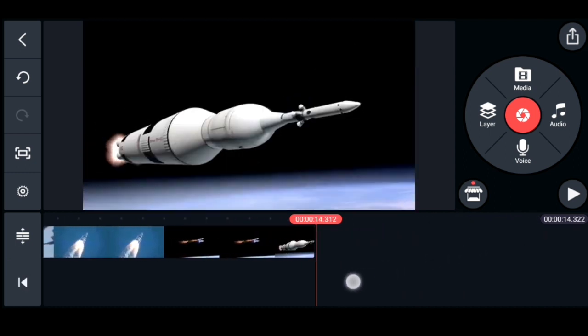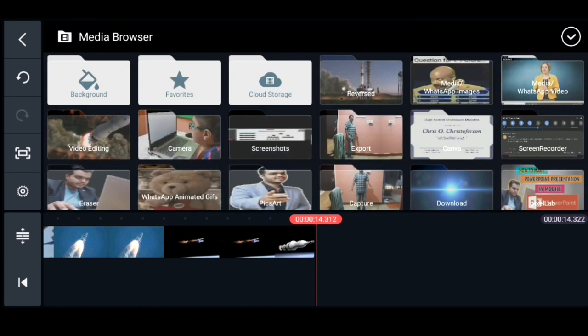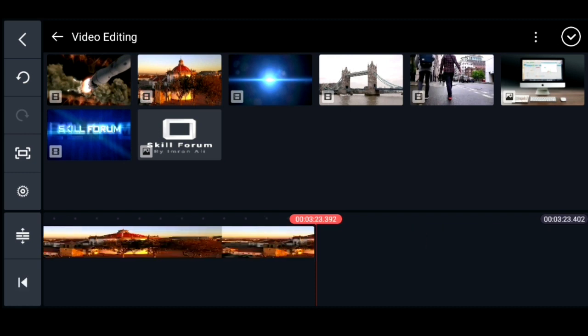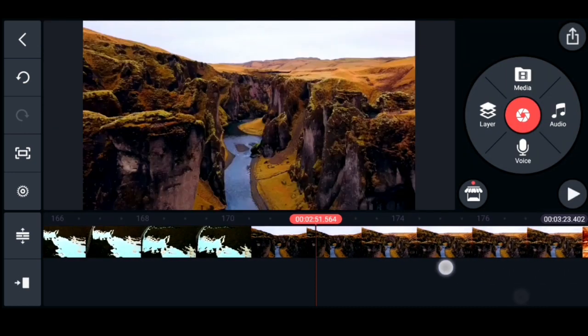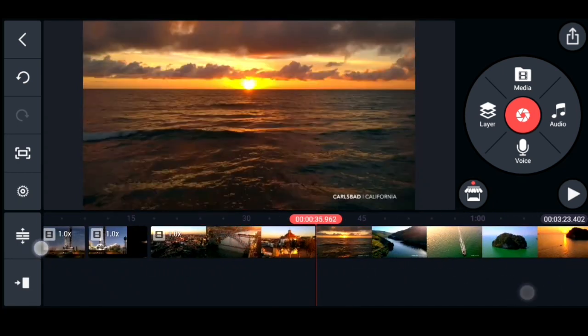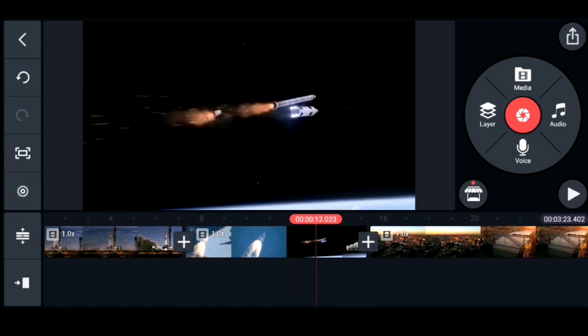Suppose if you want to add a new video to this particular session, or to this particular project, you just take the timeline to the end and go to media here again. If you go to media again, if you want to add any video, you just go to that and select video. Okay, so here you have got video, right? See here how we have got. So here it has been attached, right?